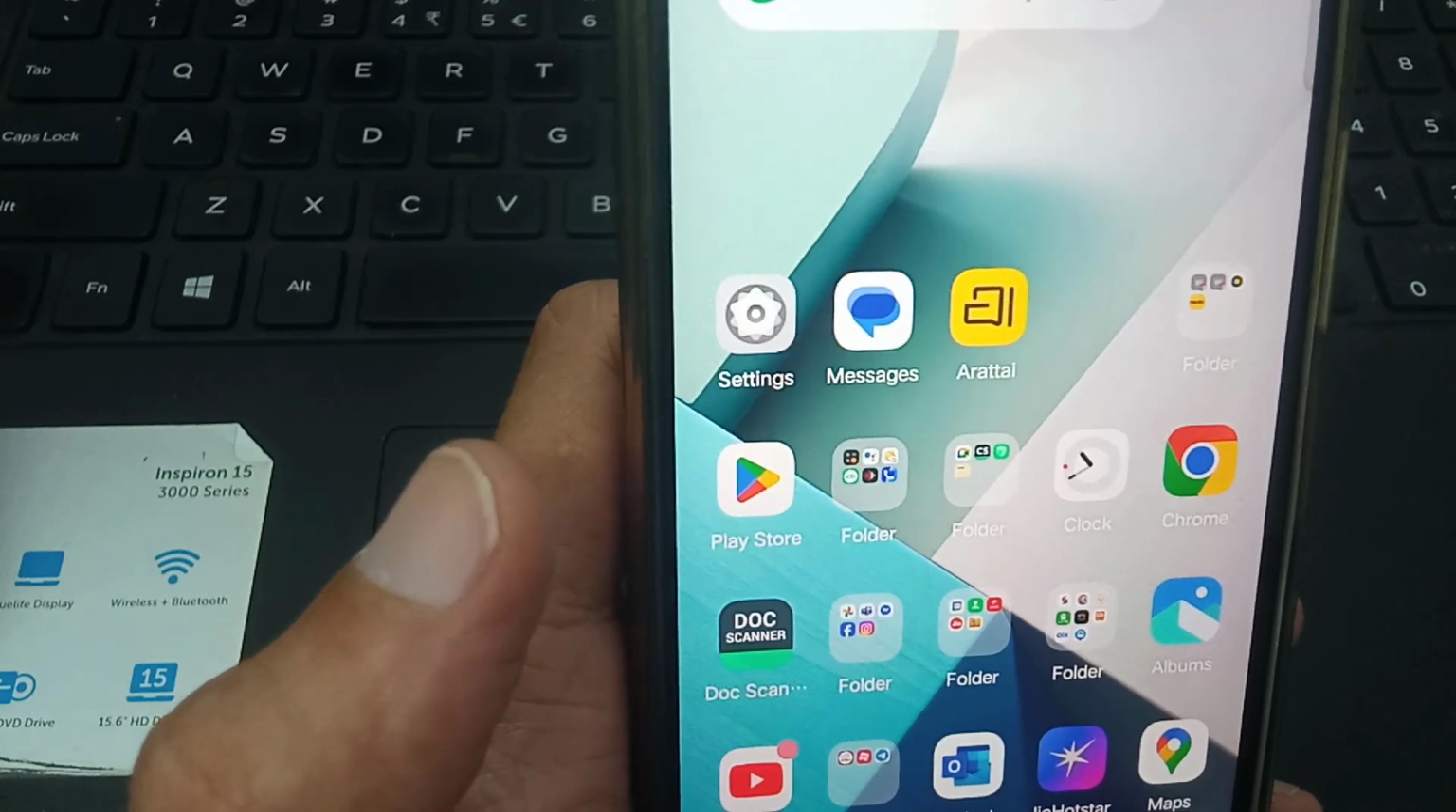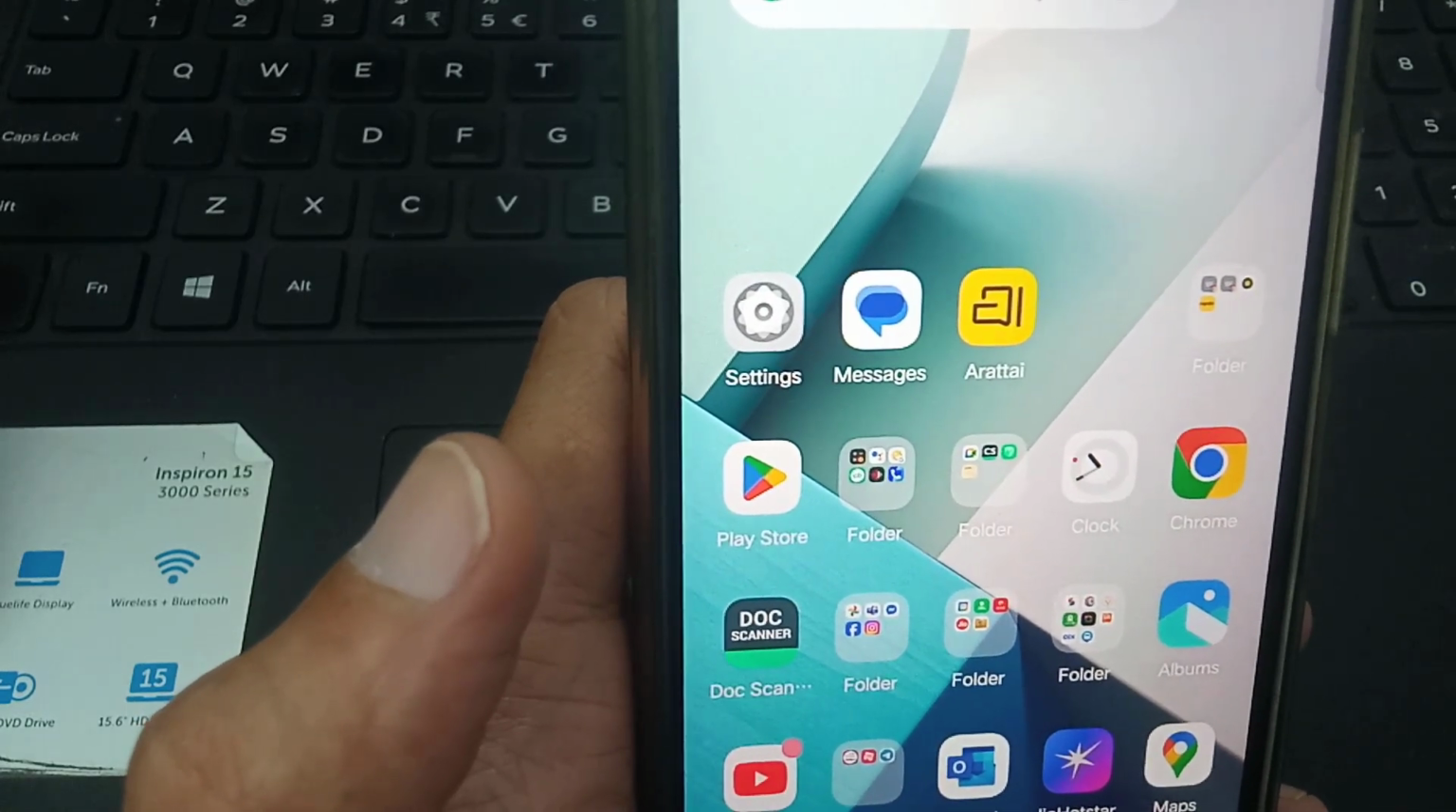Today I am going to show in this video how to enable always show meeting controls in Arattai app on